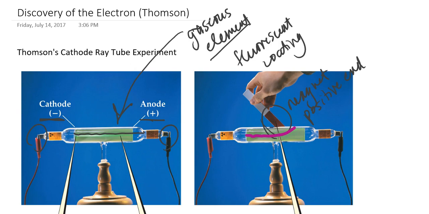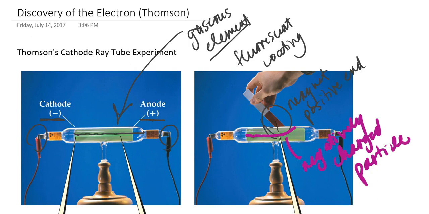Now, Thomson was aware of the general behavior of charged particles. Basically, particles that have the same charge, so two positive particles or two negative particles, will repel each other. And he also was aware that if I have a positive particle and a negative particle, then these particles would attract each other. And so, based on this evidence, he was able to conclude that matter, or specifically atoms, must have some sort of negatively charged